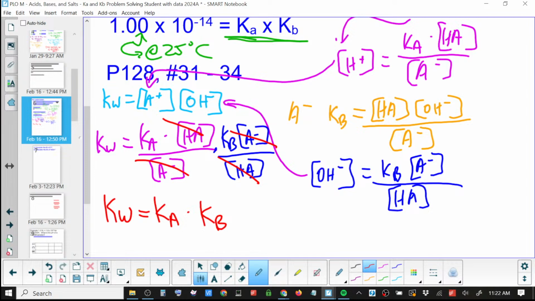Very simple proof. So we didn't have to do an experiment to figure this out. This is straight math. If the first one's true, this one has to be true, because that's just the way the formulas work. So you now know two formulas, and you know a whole bunch from before as well. But now we know that one.